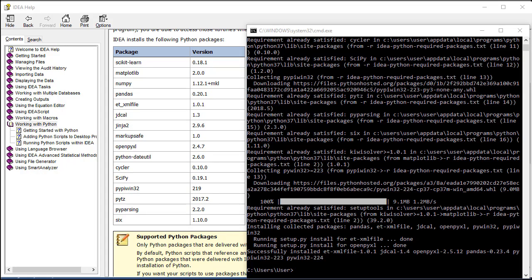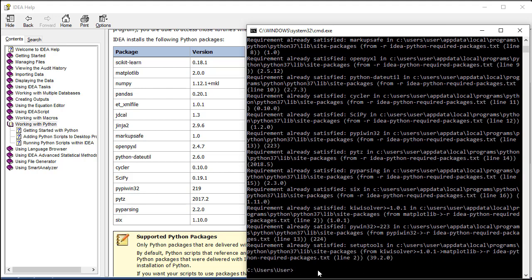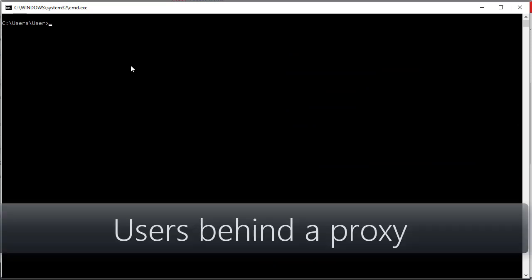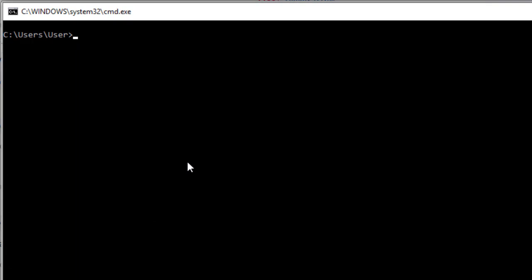If you encounter any error while installing all these packages through pip install -r, just run the command again. This way you can ensure that all the packages are installed in one go. Sometimes pip install may not work if you are a corporate user sitting behind a firewall using a company laptop or a PC. In such cases, try setting this environment variable: set